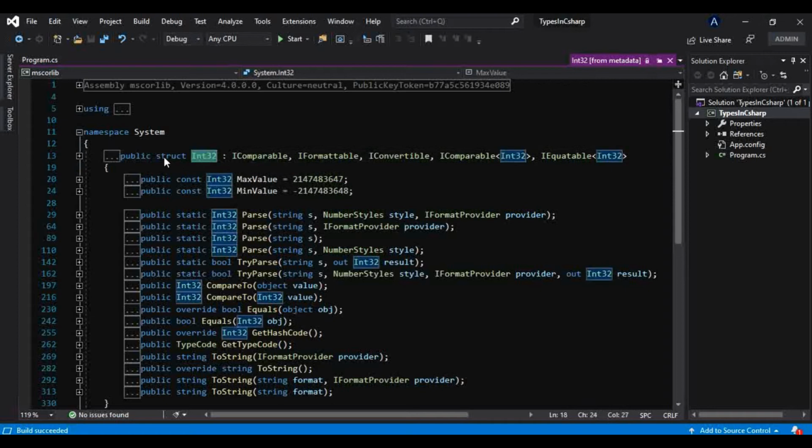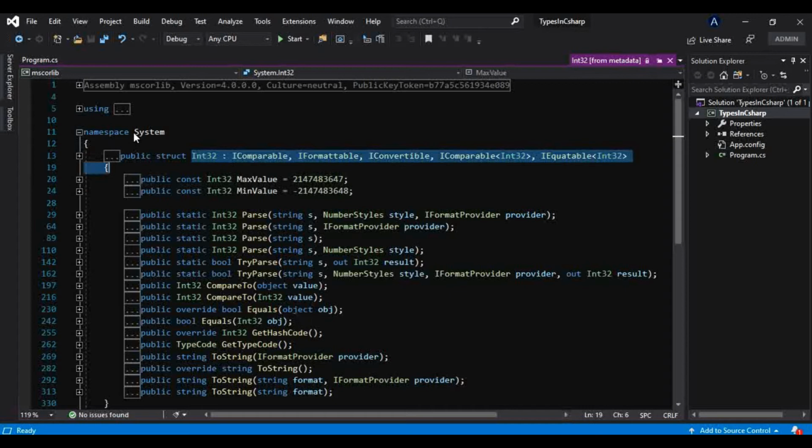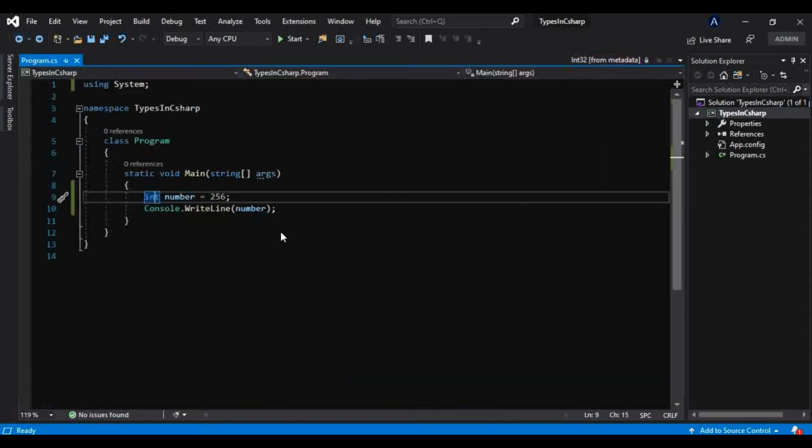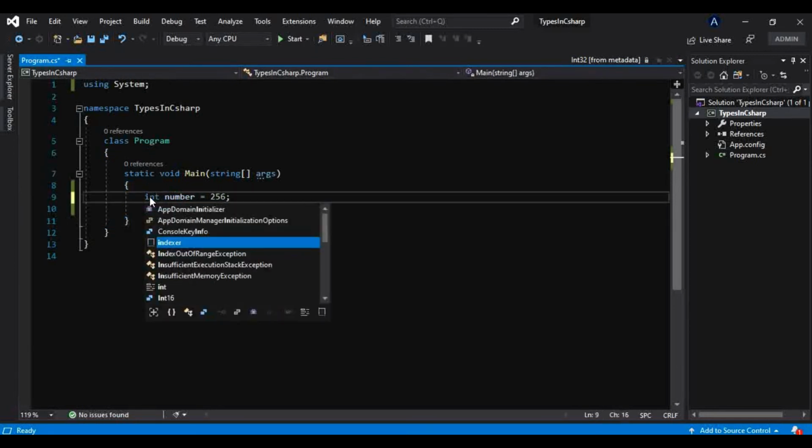This is basically a type of structure. So this structure is also a value type, and this Int32 is also a value type. What value types and reference types are, we will see in this video itself, so don't worry about that for now. But what I have told you is that int is nothing but an alias for this Int32, which is coming from the System namespace or System assembly. We know what assemblies are, we have learned that in the .NET Framework tutorial series.